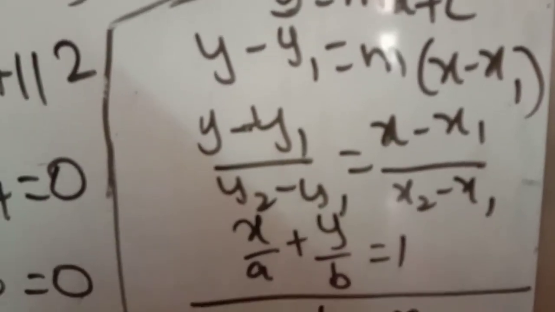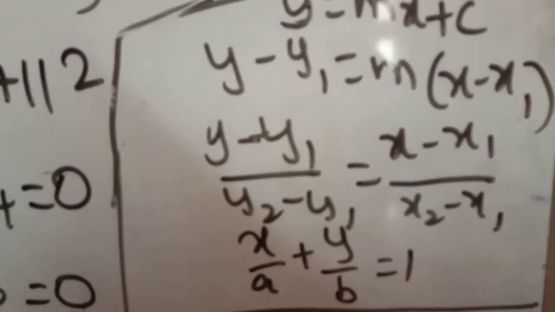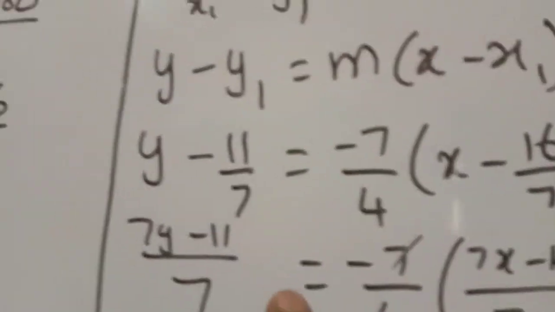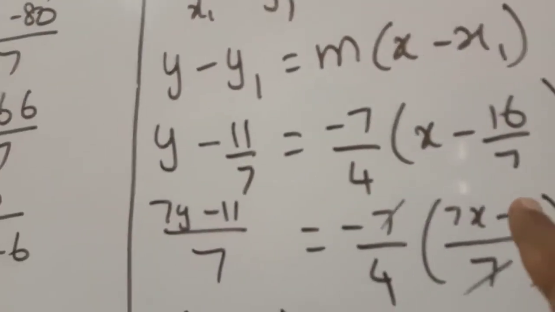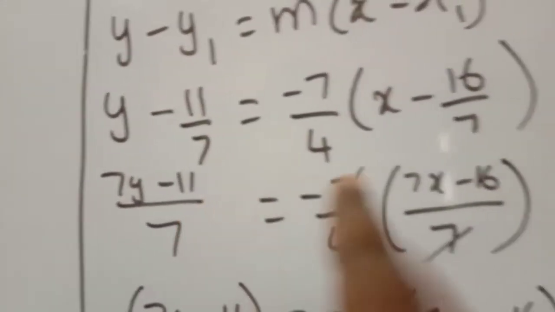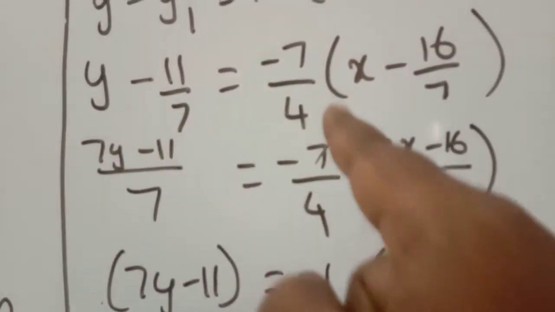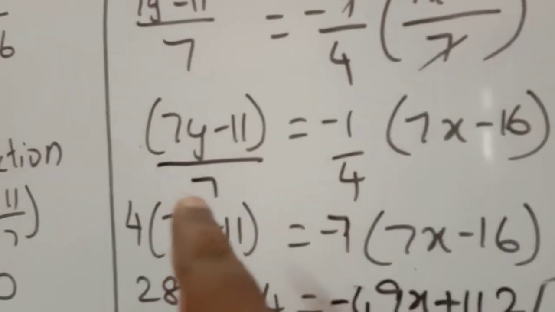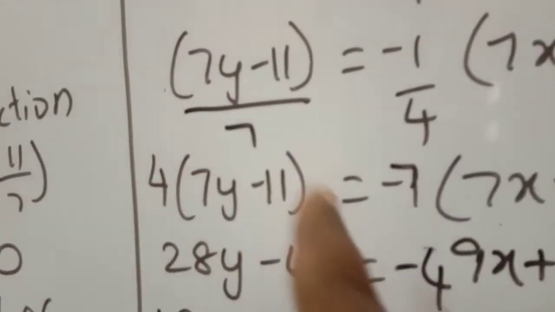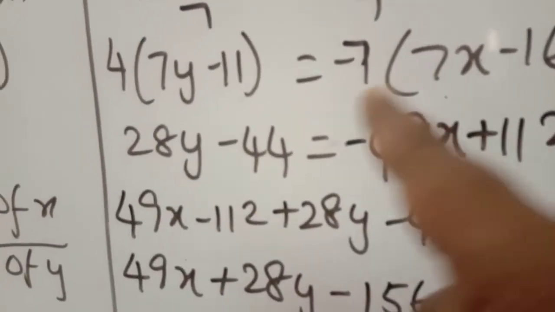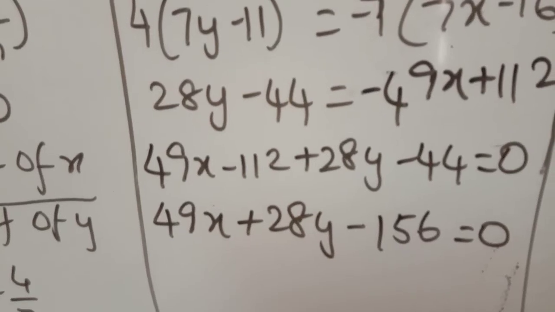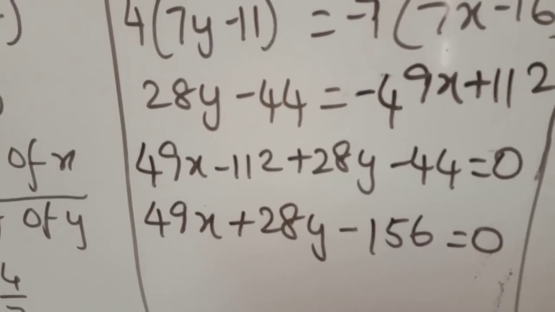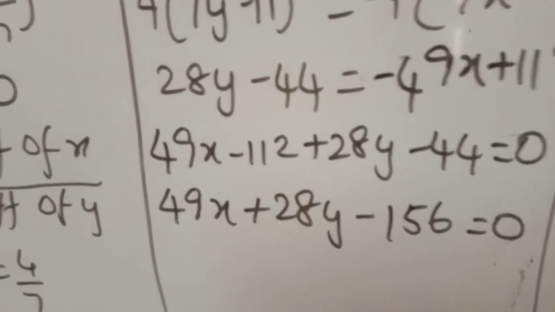So we get one point and one slope. So 1 point, 1 slope among these 4 equations. The second equation we have to choose, that is y minus y1 is equal to m into x minus x1. So y minus 11 by 7 is equal to minus 7 by 4 into x minus 16 by 7. Okay, take LCM. So 7y minus 11. Here take LCM, 7x minus 16. The 7 will be cancelled. Okay, then cross multiply 7 here and 4 here and multiply inside the bracket. X is negative, so bring it to the left hand side. Both the terms, minus 49x plus 112, you have to bring to the left hand side and simplify, and we will get the equation of the required straight line.